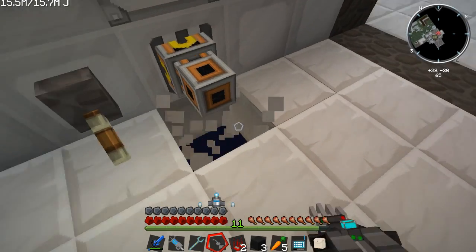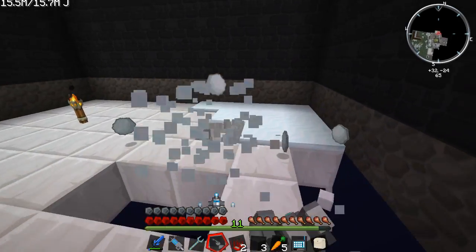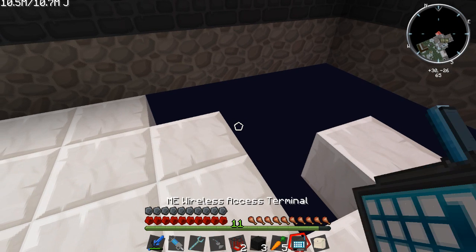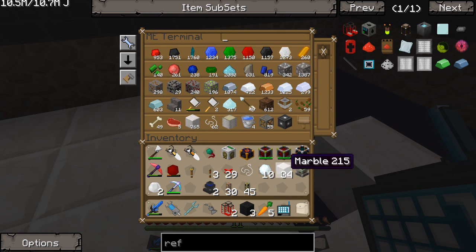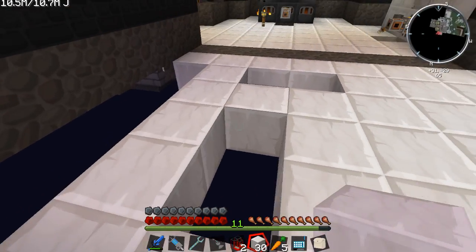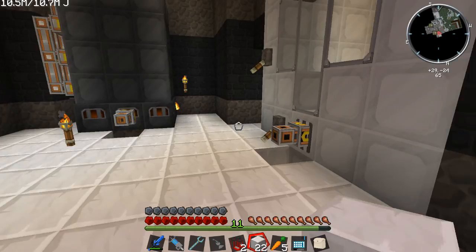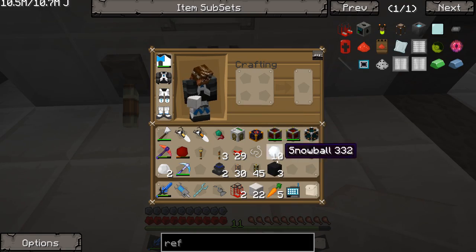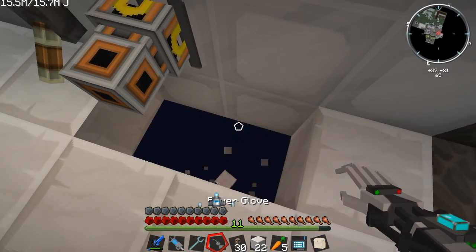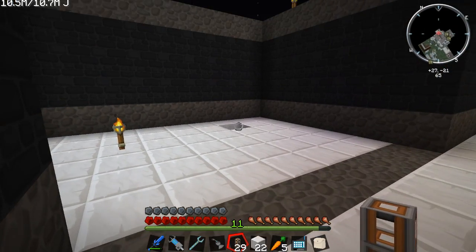Now, I'm gonna have this send out over this way, and I'm gonna have to pick up all this snow. I don't care if I lose marble. I'm tired of seeing this snow sitting here. Alright, I got plenty of marble. Let's just replace the floor. Alright, there we go. Now, I'm going to send the oil out here via liquid duct. Oops, not like that. That's still the tank. Okay, that's why it wasn't working. And we're going to send it out over this way